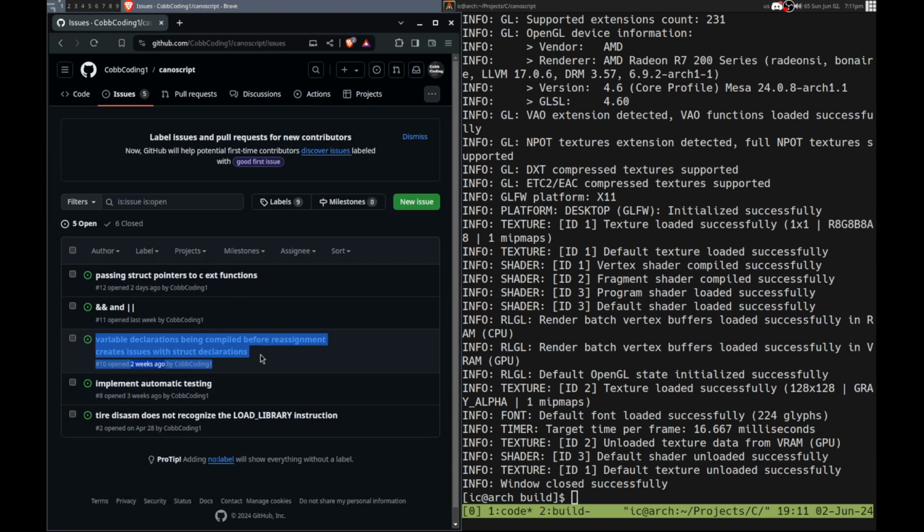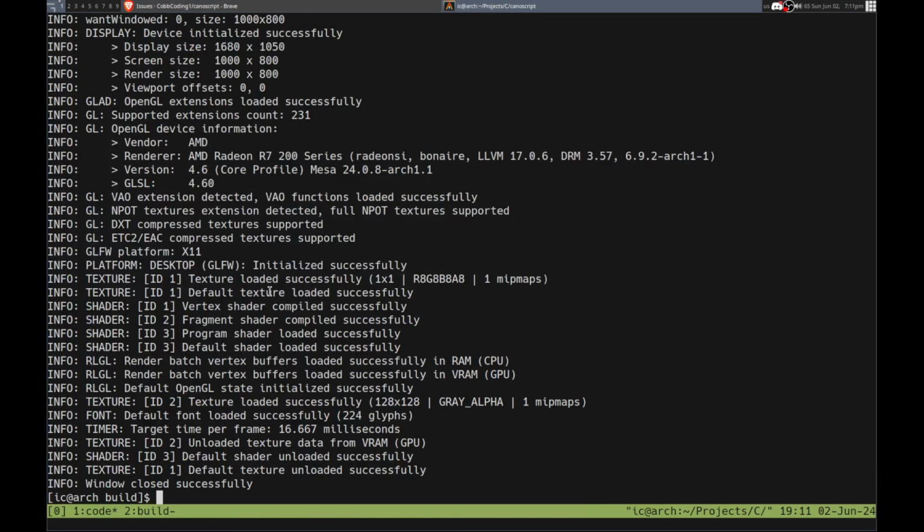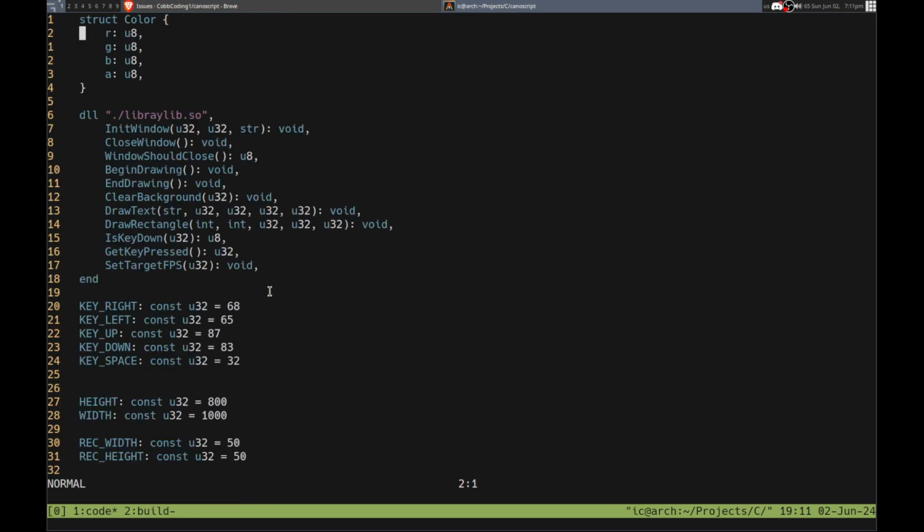So this is a bug fix that needs to be done. These two are feature things. I'll probably work on this one, so this should be fairly easy. Passing struct pointers to C functions. So if we take a look now,